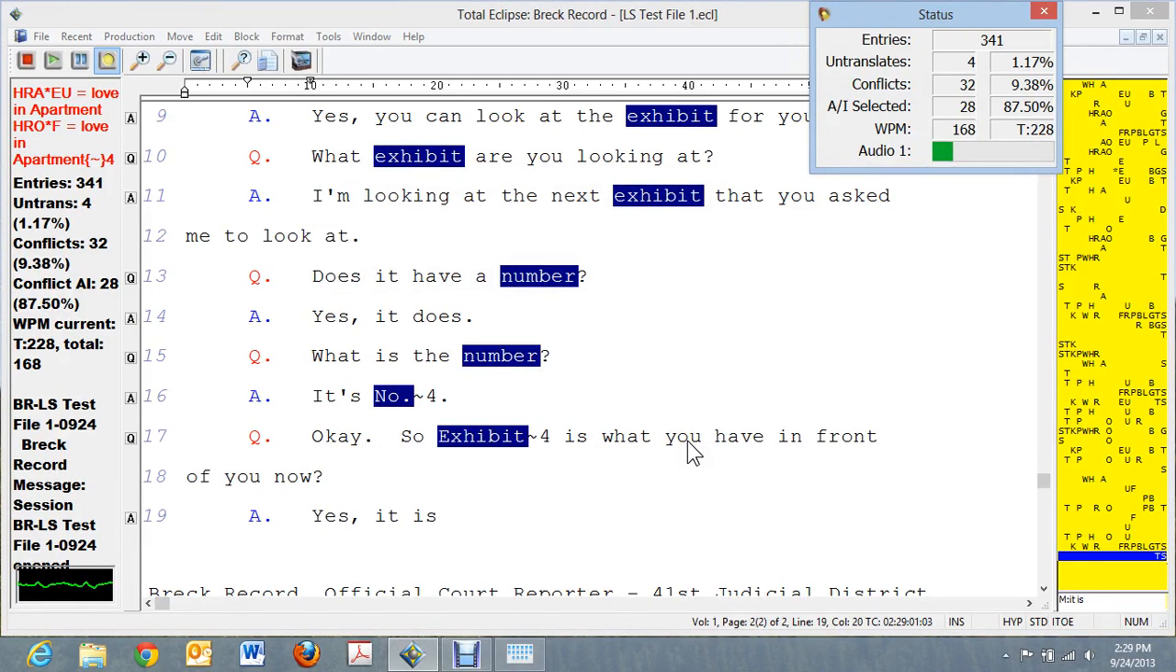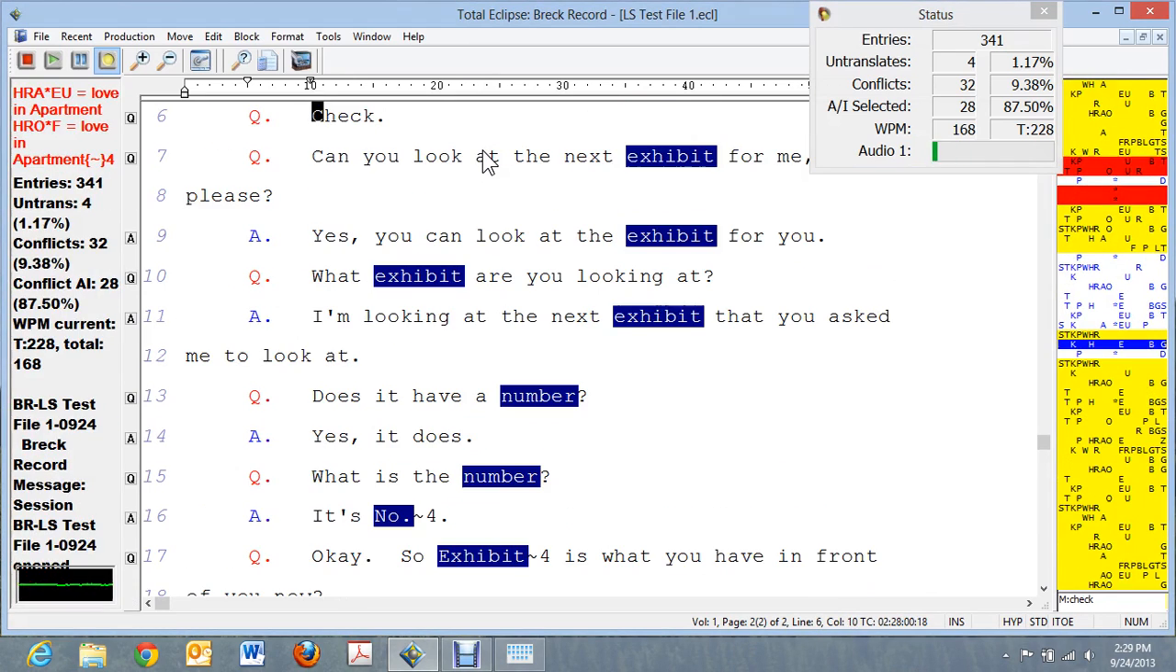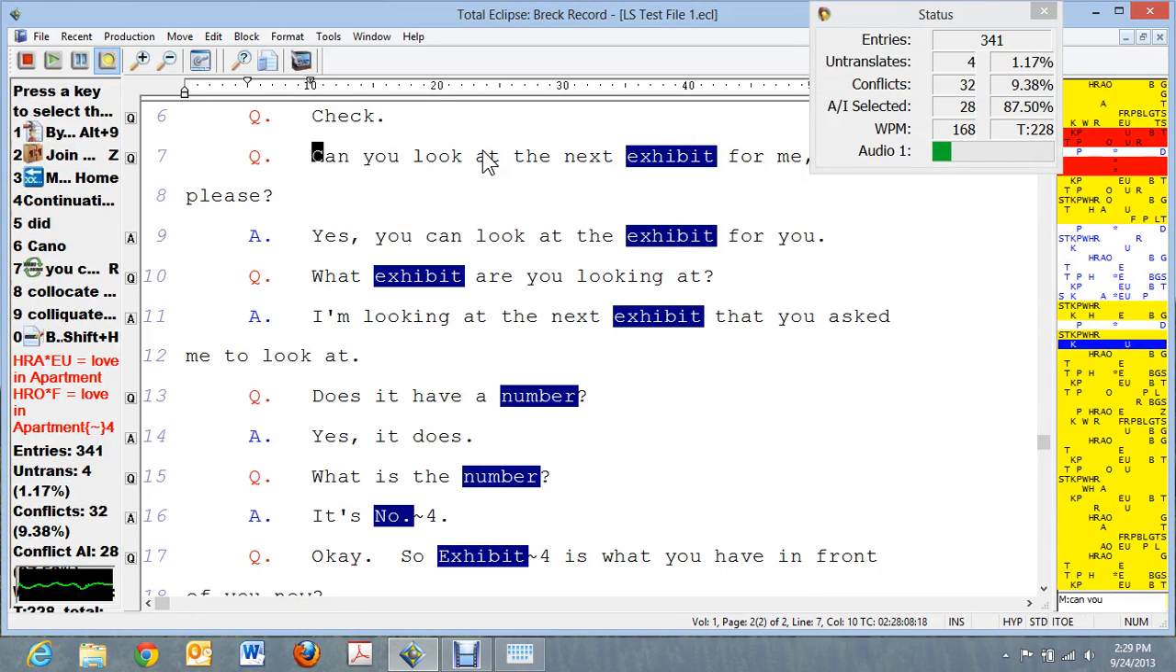I want to give my 2 cents worth on using conflicts when they relate to things that you can let your software help you on. I want to look here at a page that I wrote ahead of time, and you can see here that I wrote